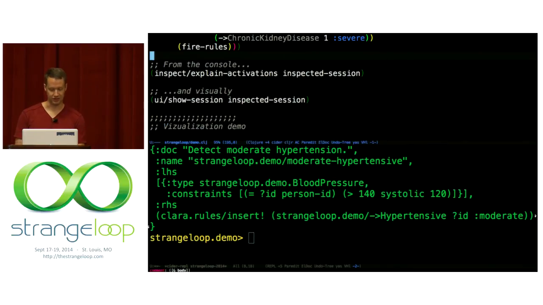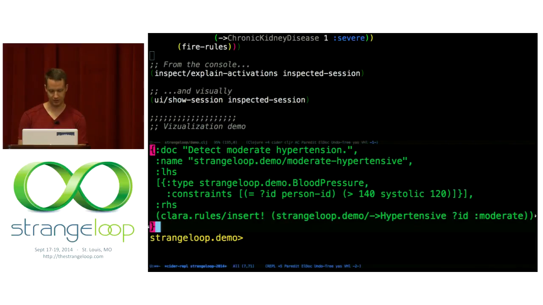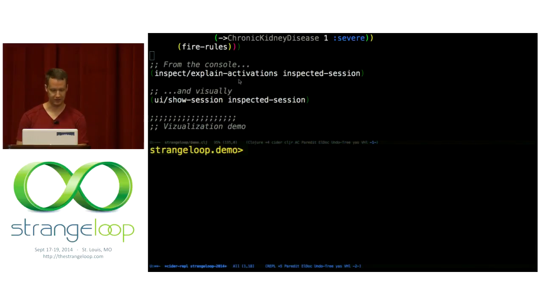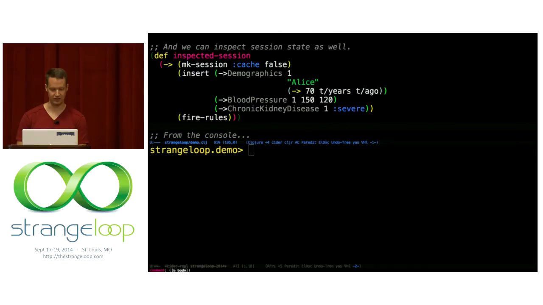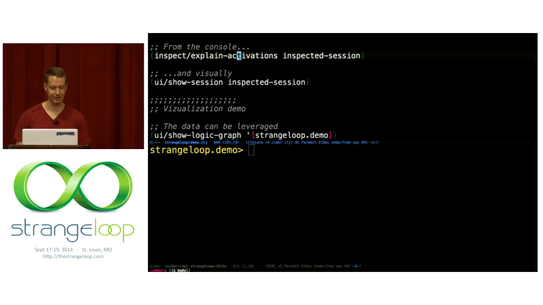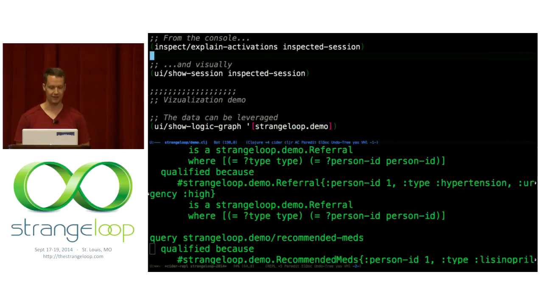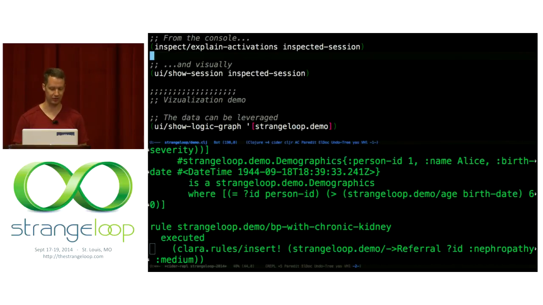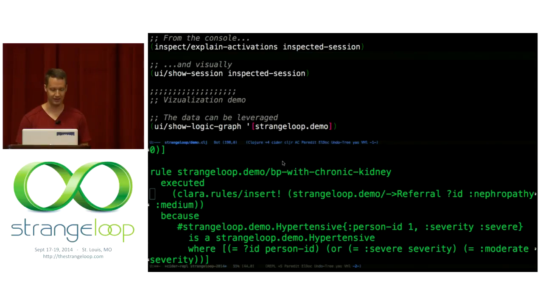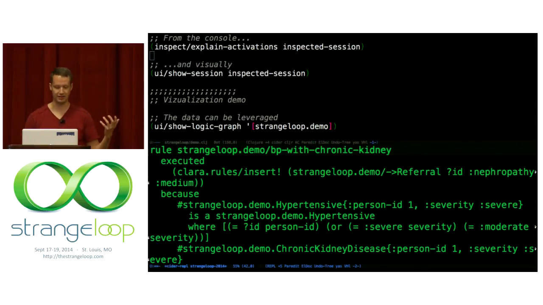And because it's a data structure, we can do some inspection of it. So I'll make this go away. In this case, I created a session that inserted some information. But how often, when working with a really complex domain, do we have users asking, well, why did this happen? Since the rule engine maintains why every fact was asserted and why everything was inferred, it has to do that in order to maintain its consistency.